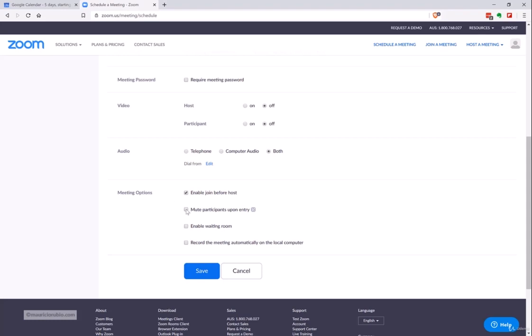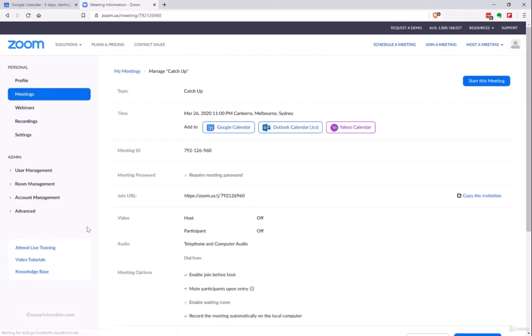Mute participants upon entry. I also recommend that you always have this one ticked before you save your Zoom meeting, and this is just to help with the background noise. And okay, record the meeting automatically on the local computer. Let's just say, yep, we're going to record the meeting and then just save. All right, here it is. I'm just going to copy the invite,